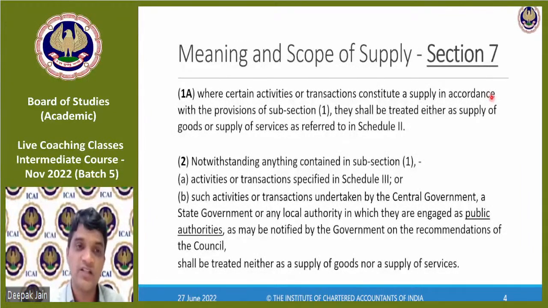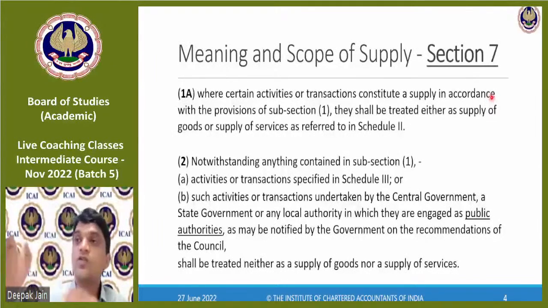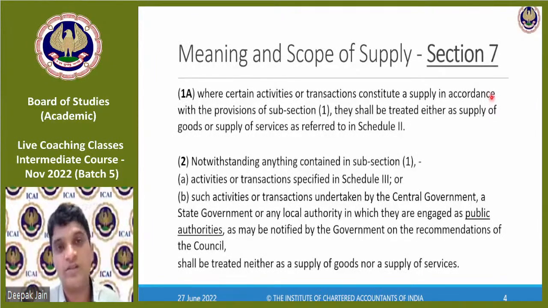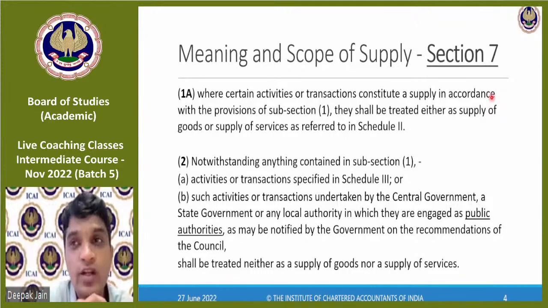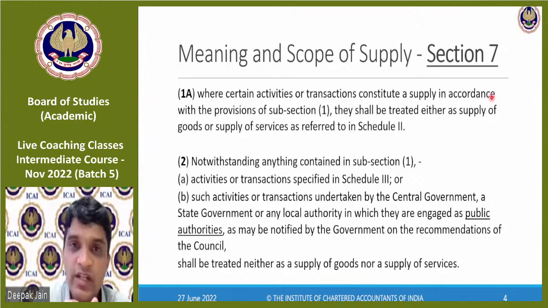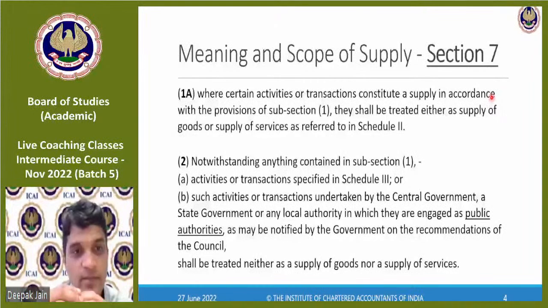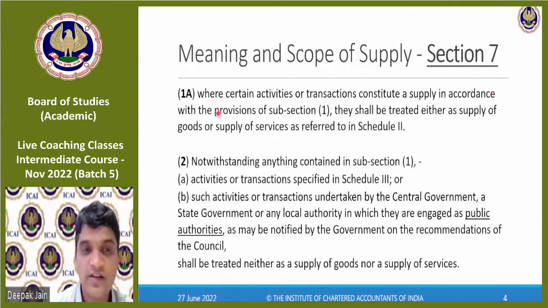Why is that classification required? It is required because if it is supply of goods, you will go to the schedule for goods to find out the rate for that. And if it is a service, then you will go to the schedule of services to find the rate for the services. Like supply of food in a hotel. When you go to a restaurant, we get food. Is it goods or service? It becomes questionable. So they have clearly specified in Schedule 2 that supply of food in any form in a restaurant is a supply of service. So you will go to the service rate notification to see what is the rate on supply of food by the restaurant. Okay, so that's the relevance of this 7(1)(a).